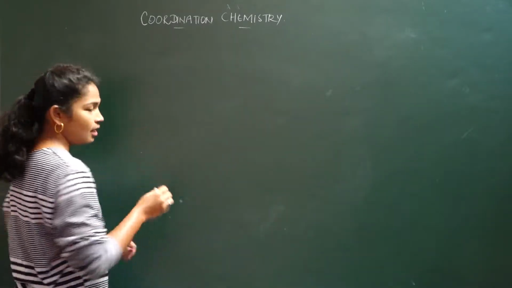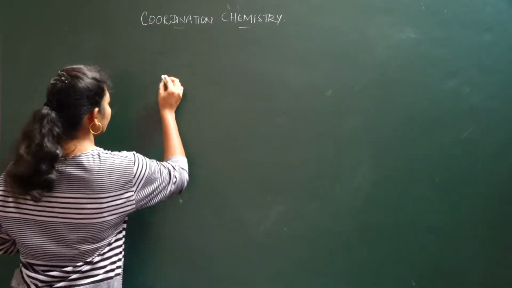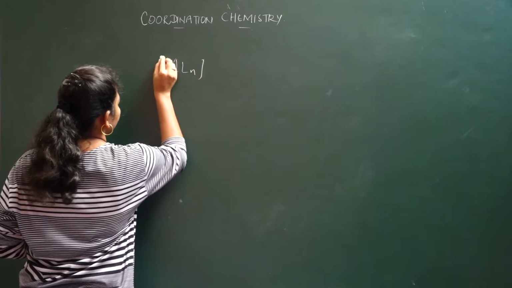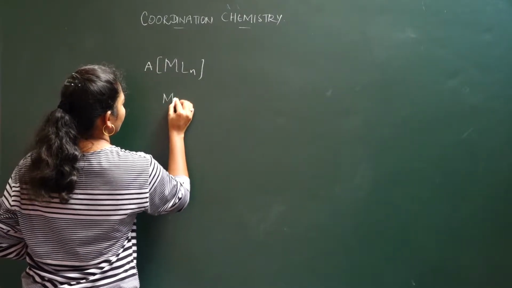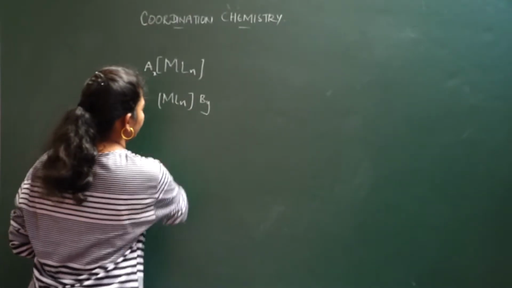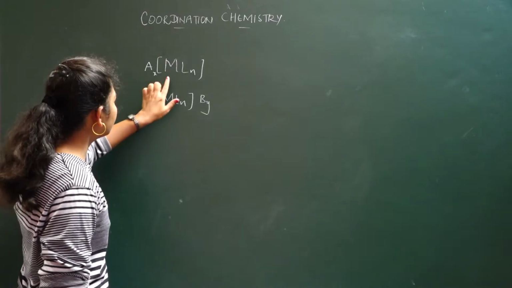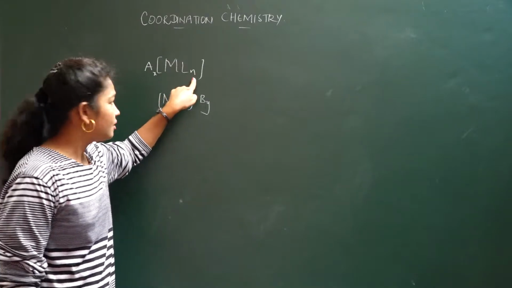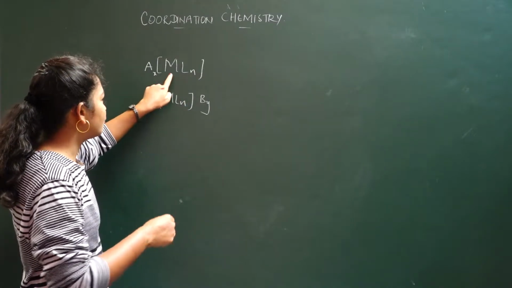Now we will get a general formula, to denote how to write the coordination compound. Suppose the coordination compound is written as [MLn]. In this, M is the metal ion which will be in the center, and Ln is the ligands. So n is the number of ligands, that is, how many ligands are bound to the metal.